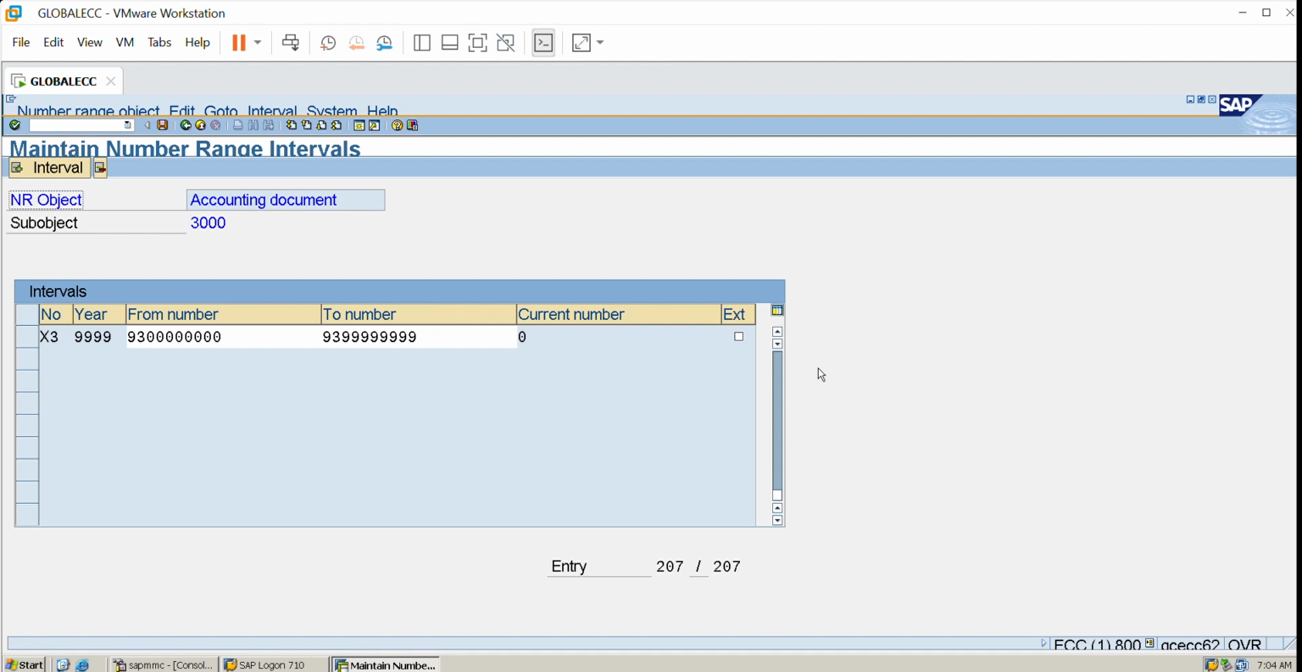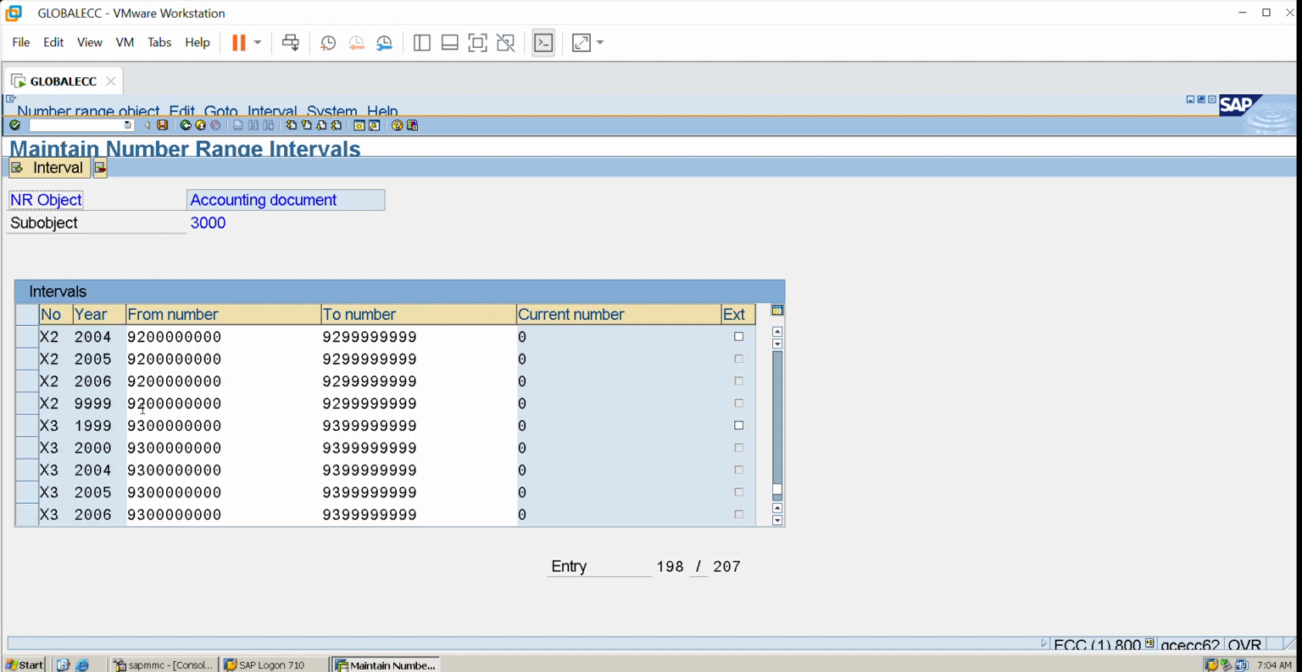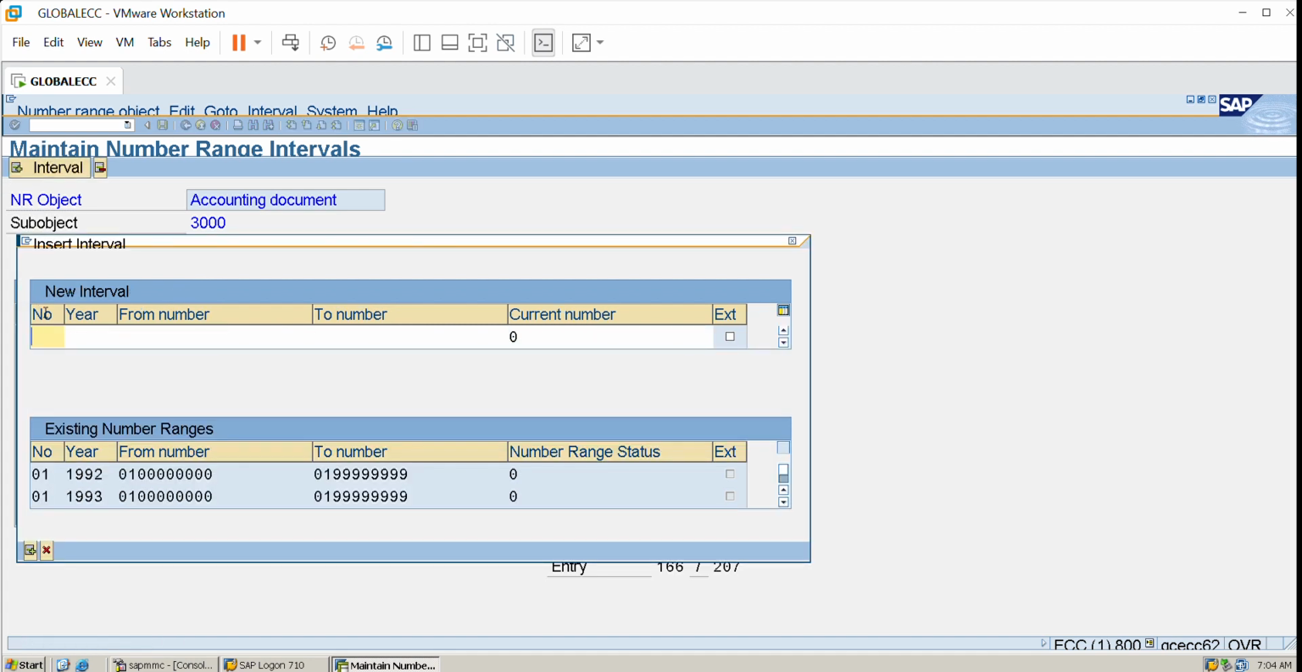So what do we do in that case? Number 51, right? So here, 9999 is there, right? Some are empty. Correct numbers. This is 2004, 2005, 2006. But we are talking about number ranges. So in that case, what we do, we go here, we give 51 and 2024, right,